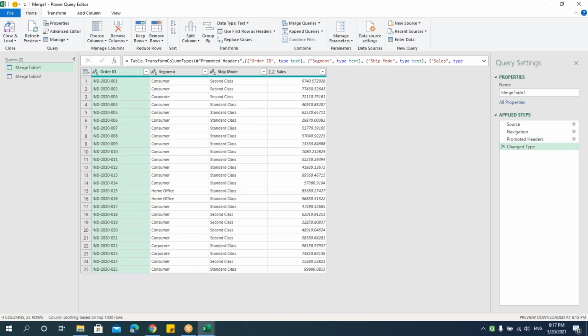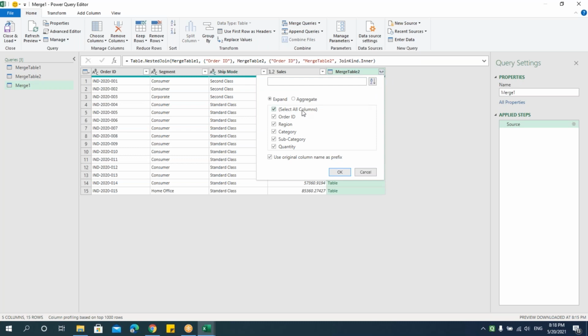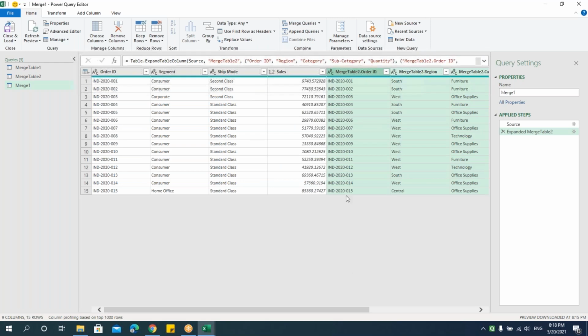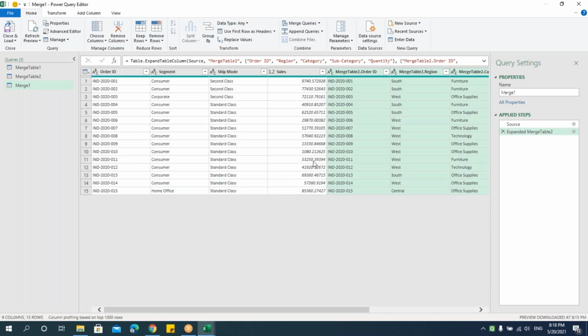Let's say OK. If I say OK, you can see that I'm getting 15 records here from both the tables. The second table, if you see, it says merge table 2. Here I'll get only something called as table. If you want to get the data, here we have one small icon which says merge. You can just click on this. It'll ask which all columns I need to merge. Let's select all the columns. I'll say OK. You can see that I'm getting 15 records from both the tables and only matching records. If you want, you can just rename this table as inner.